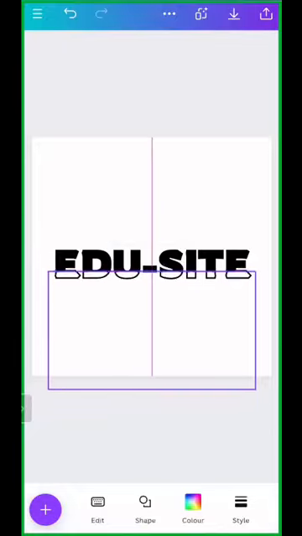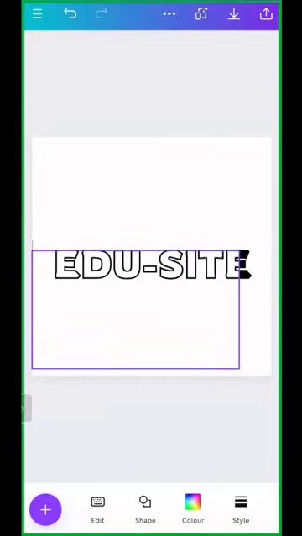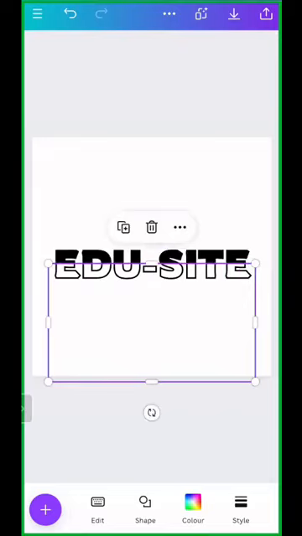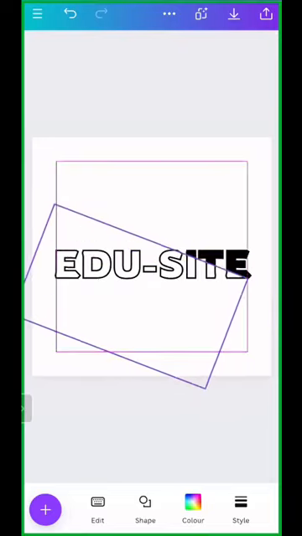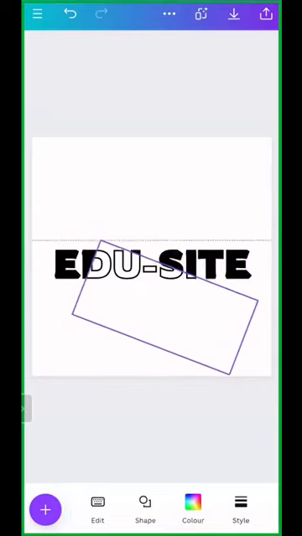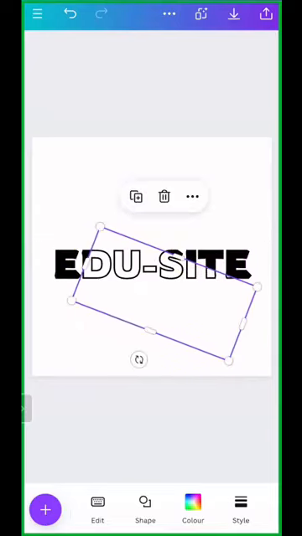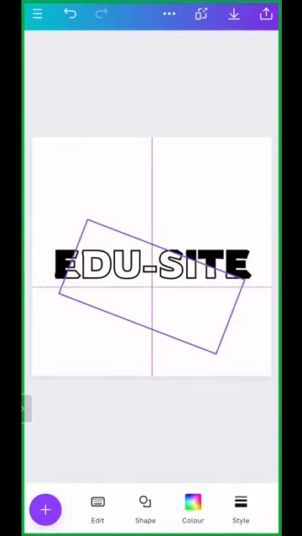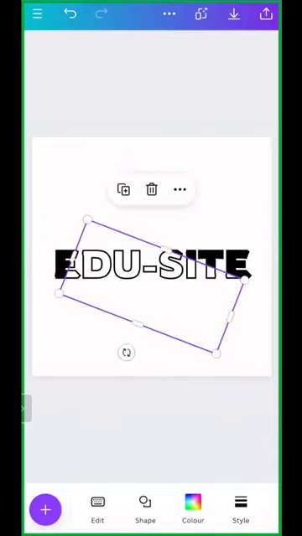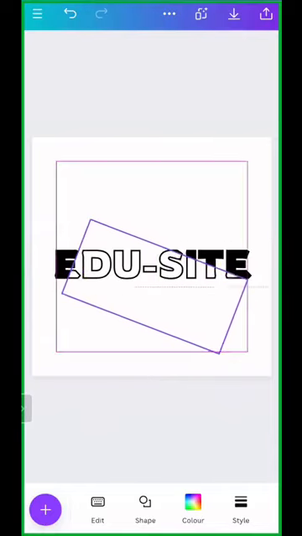We have created two texts. See here, I can move it in any way. I can break it in this way, or I can move it in this way. Half of it seen, half of it not seen, or something like that. Or if I want, you can make it this much in this way. Are you all doing it along? Please type yes. I want to see your progress. Okay, you want me to do it again?